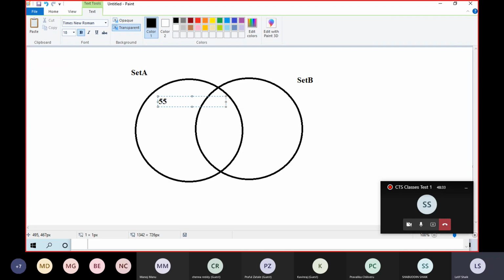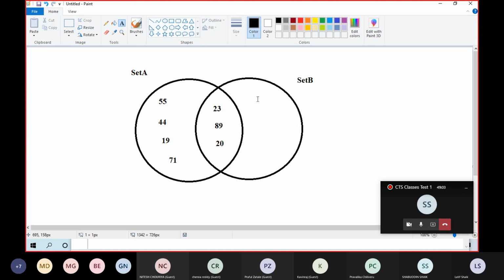For example, 55, 23, 44, 89, 19, 20. Some random numbers.